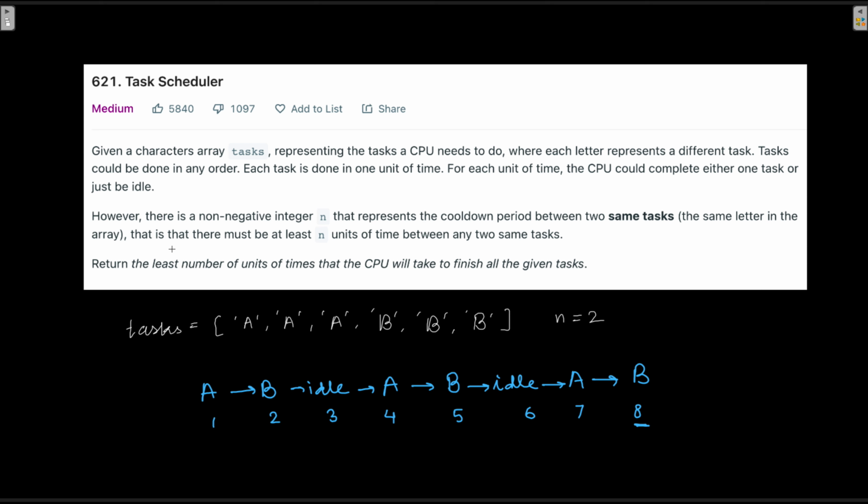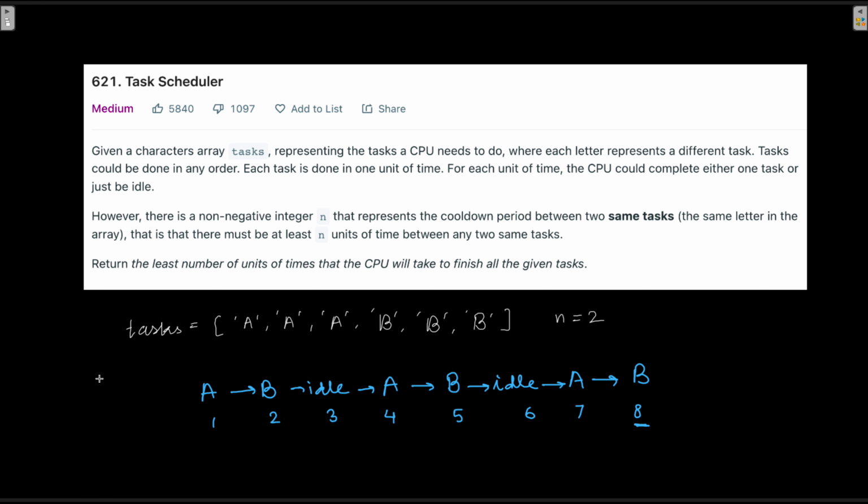That is, there must be at least n units of time between any two same tasks. So the question asks us to return the least number of units of time that the CPU will take to finish all the given tasks. I hope you understood the problem.